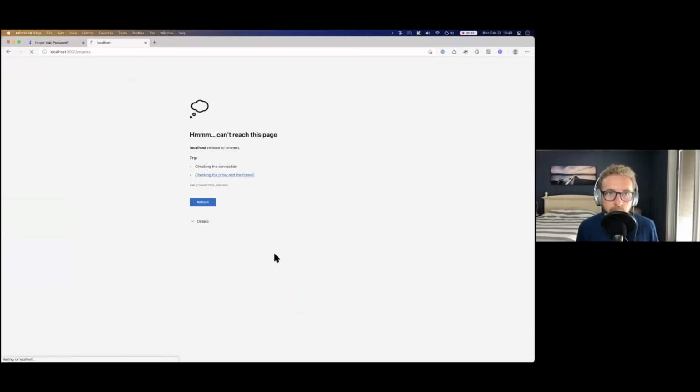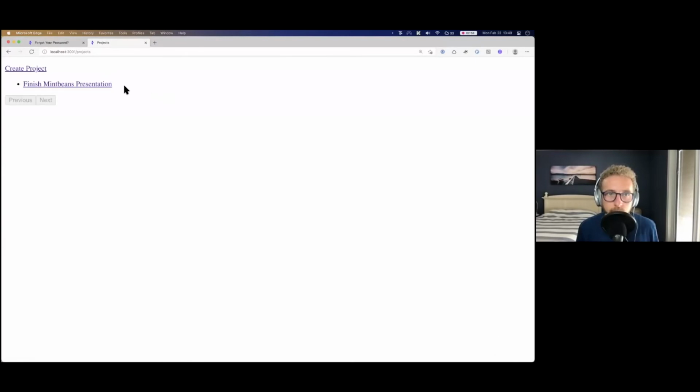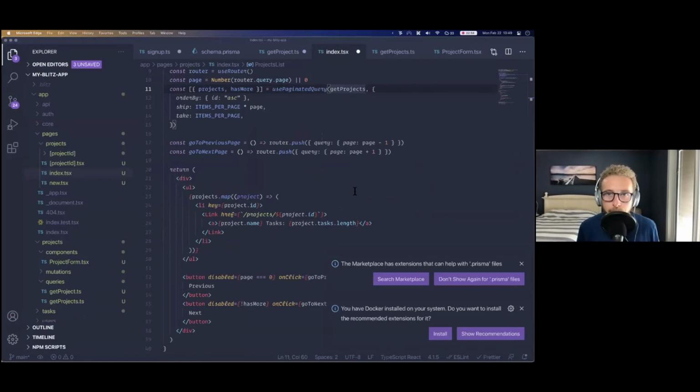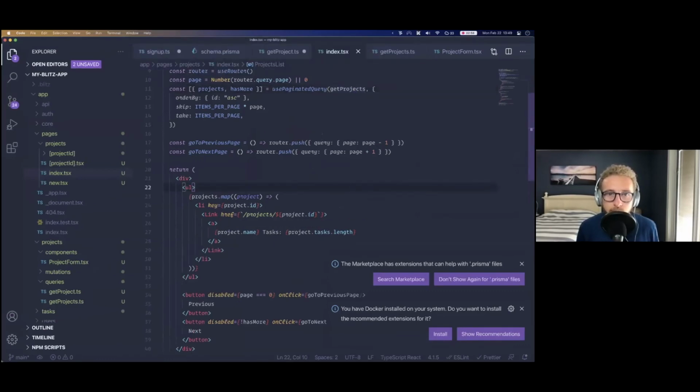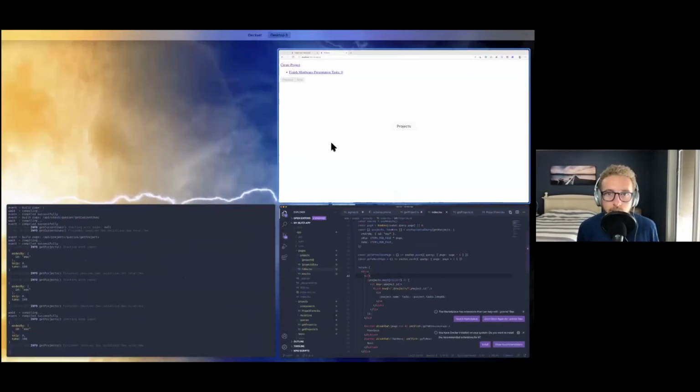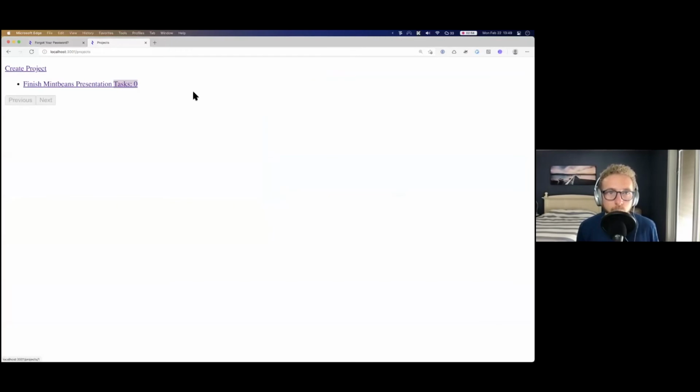Reload the page. And nothing is showing up, because I didn't save the file. Save the file, and there we go. Task equals 0. Woo! Awesome.